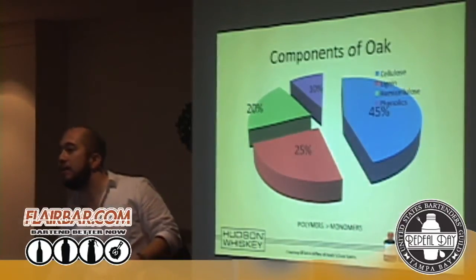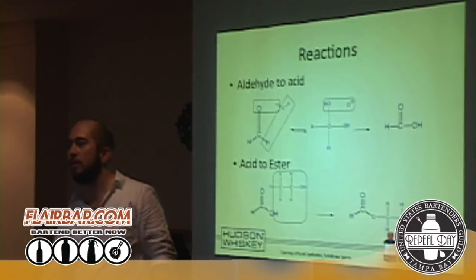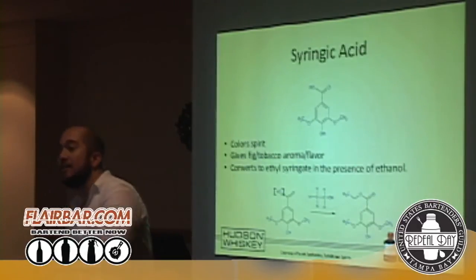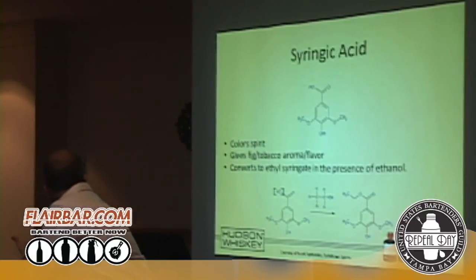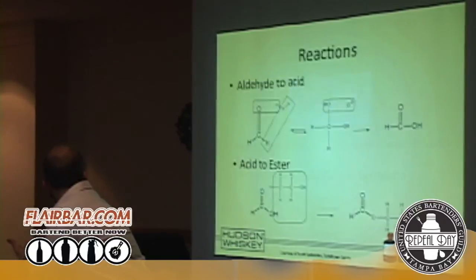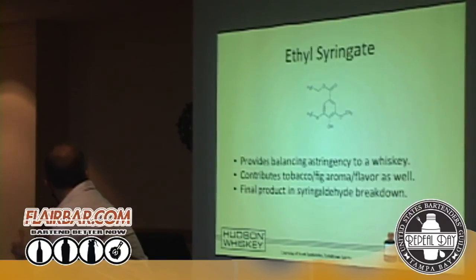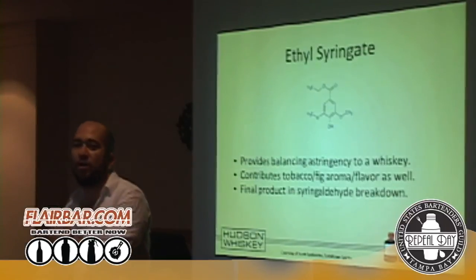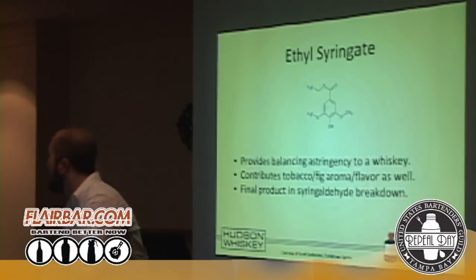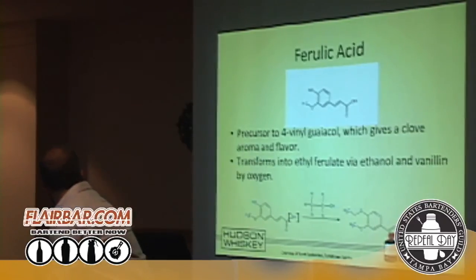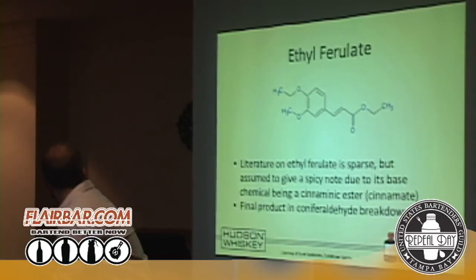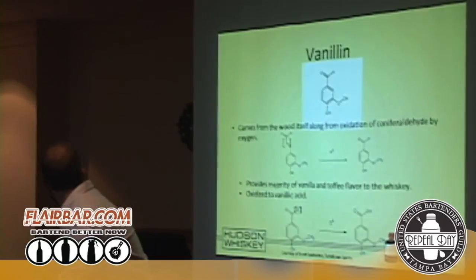But it gets really geeky here, so for anybody who really wants to get geeky, we talk about acids, aldehydes, woods. It tells you the different types of aldehydes and esters that give you different flavors, like fig, tobacco, woody, and all these different flavor profiles. This is where they're coming from. Ethyl syringate, you get tobacco or fig in a whiskey. That's coming from this component of the wood that's dissolved into the spirit. You've got ferulic acid, which gives clove, spice, and cinnamon, and vanillins, where you get your vanilla from. This is what these look like and how we get to those flavor profiles in our whiskey.